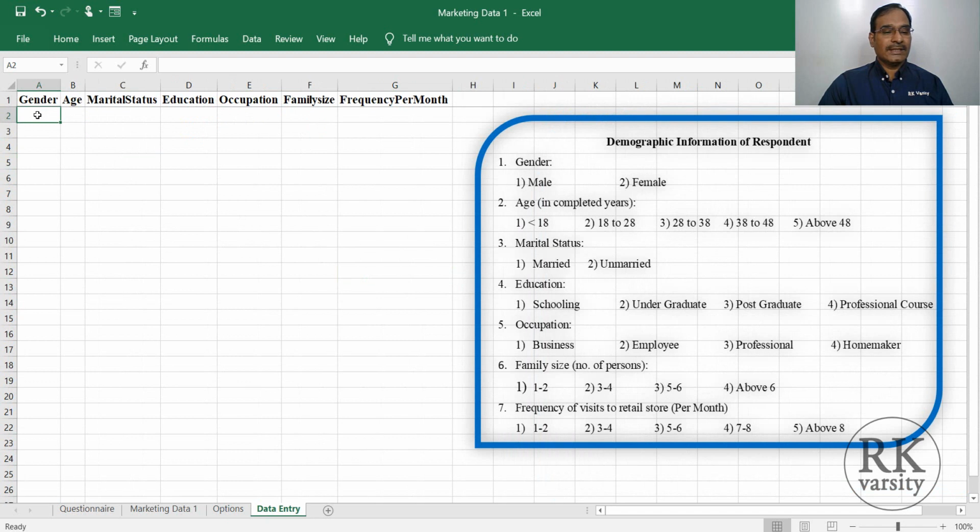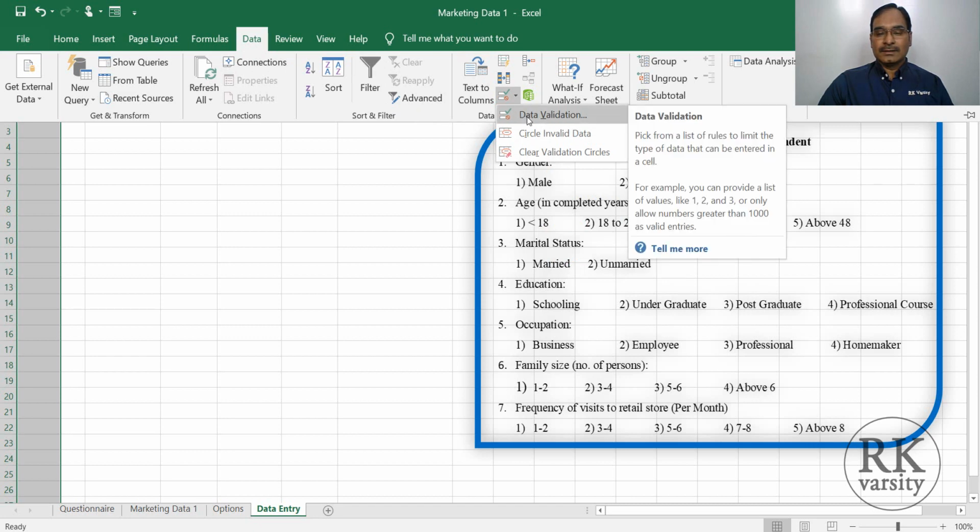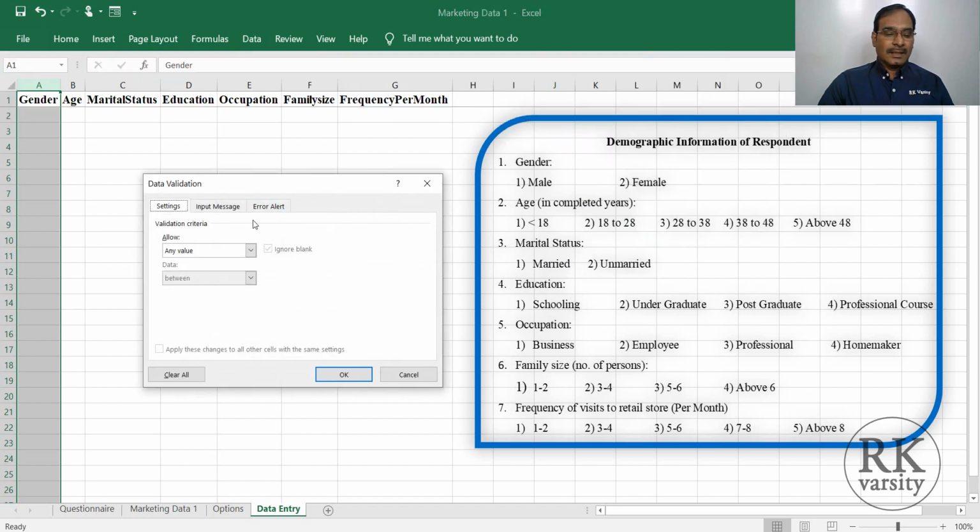Once you create these options in a separate worksheet, come back to the data entry sheet. Now click the column A where your gender is. Then click Data, go to Data Validation. In the validation, under Allow, click the down arrow and click List.